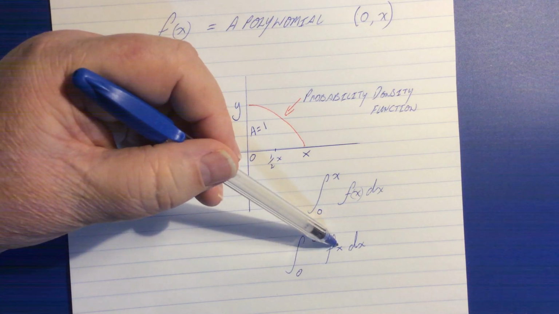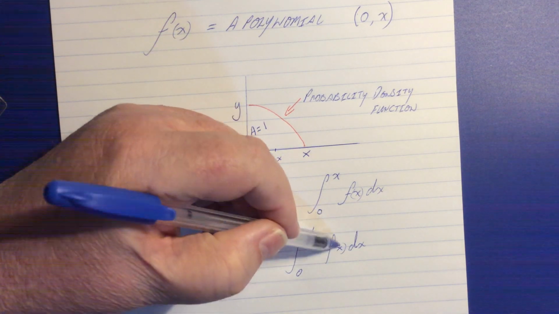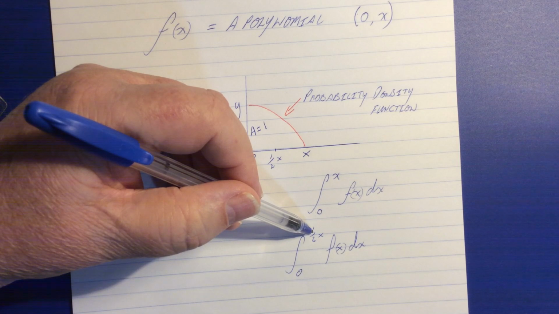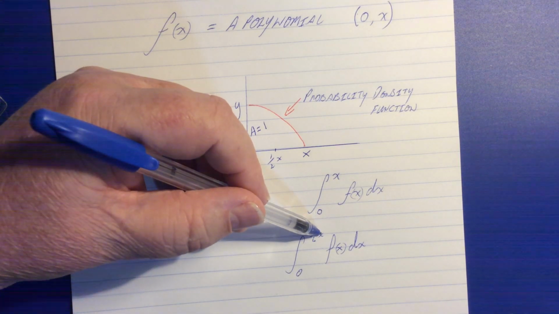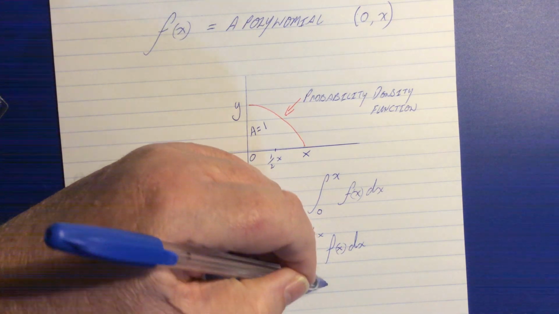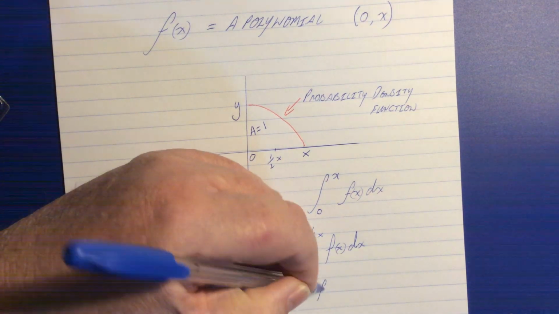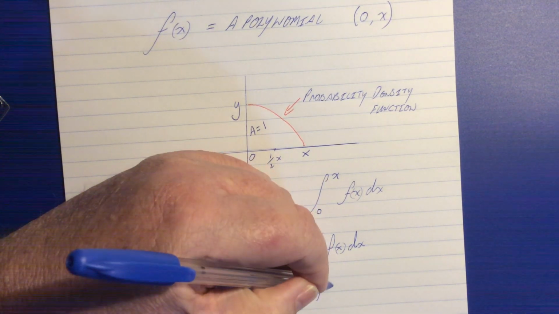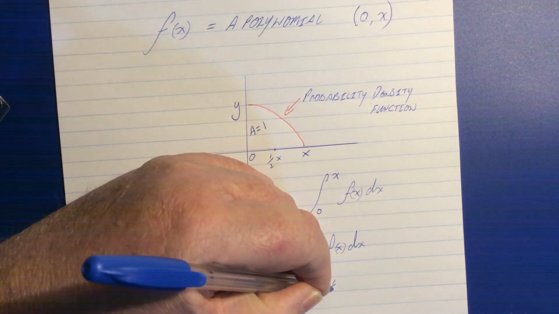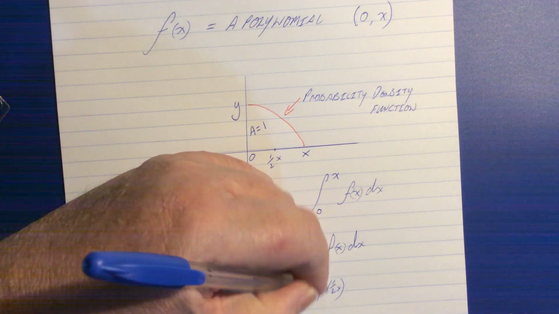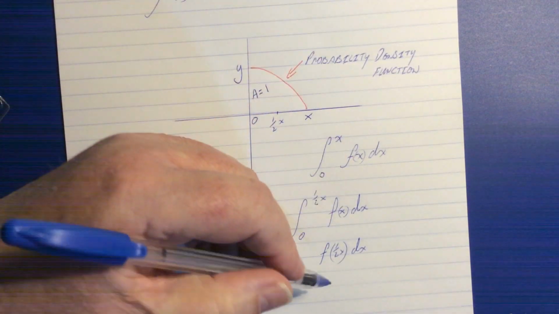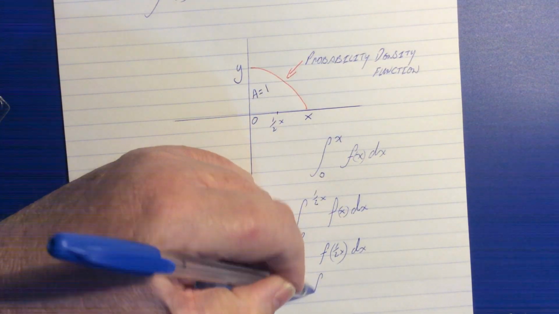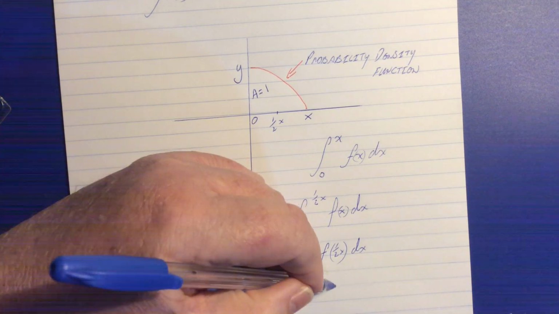We would integrate the function, whatever it was, and we would find the value of that function when we put a half x into it. So we would work out that value, and we would work out this value,